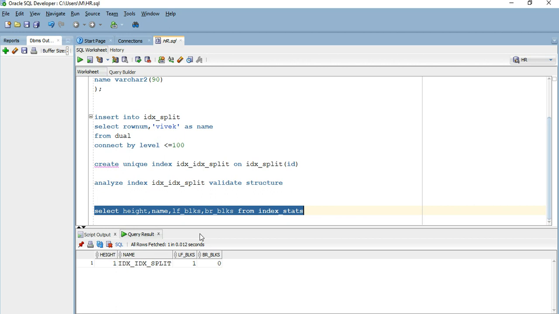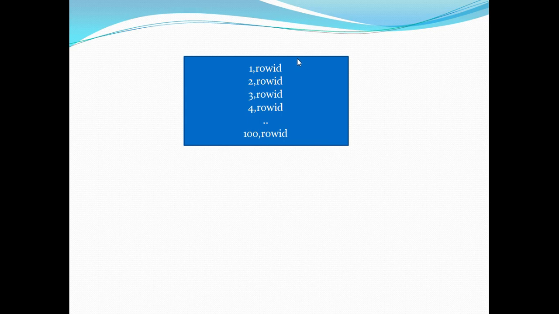Now let's go to our PowerPoint presentation and understand what this means. When I created an index on my table, this is what exactly happened. Here is my leaf block and it actually physically contains the address where the data is being stored on my table. This 1, 2, 3, 4 and 100 represents my ID column, and this row ID is the unique address where the data is being stored physically on the table. So guys, when we have a very small number of rows, you have a single block allocated to the index. This leaf block will act as the entry point of the index. It will act as the root block.